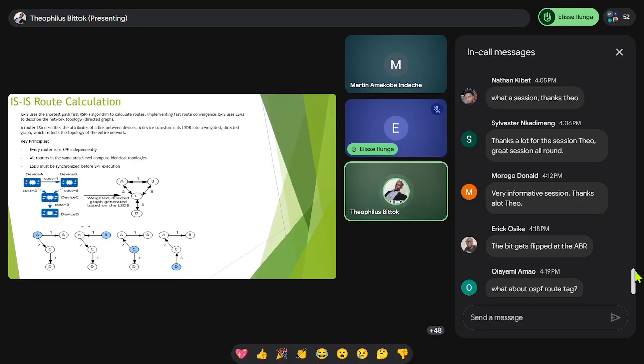Actually, you remember, if you put your network as level 2, I can say your network looks like a flat network. It means each router must process all the LSDBs. So I think you'll be stressing your router on the CPU utilization. So I would prefer you segment. You have a level 1, level 2, and also level 1.